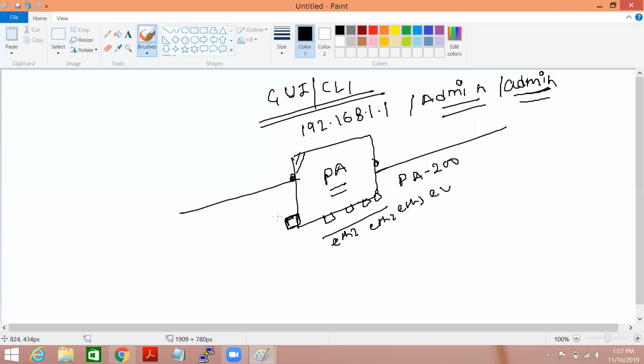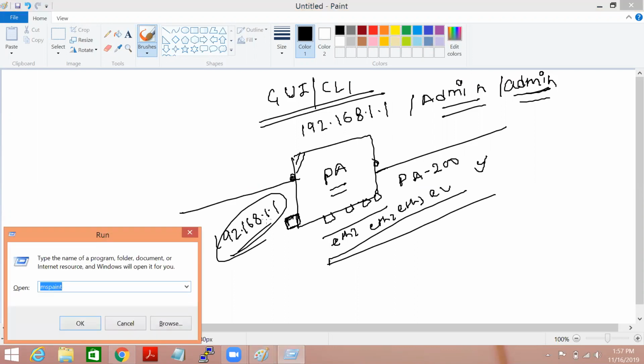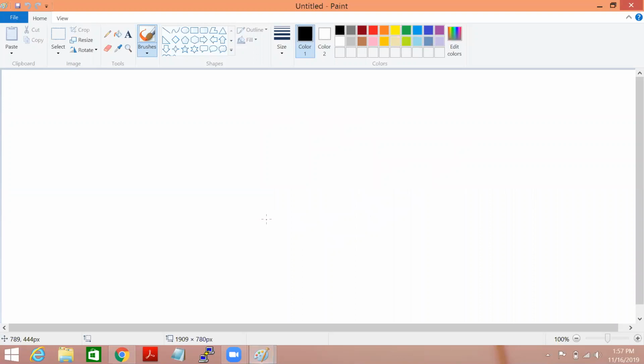The management port is to manage the device, and the default IP address on the management port is 192.168.1.1. The other interfaces we can configure for actual traffic inspection. And the management interface we use to control our policies, configuration, logging, and other things like configuration changes.